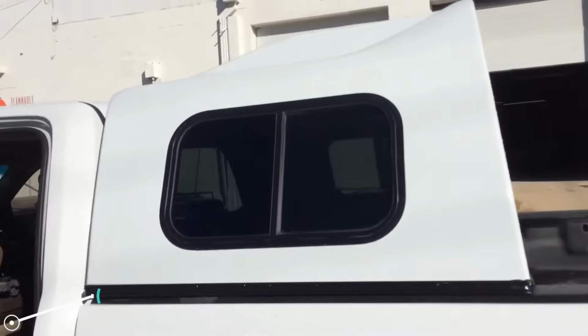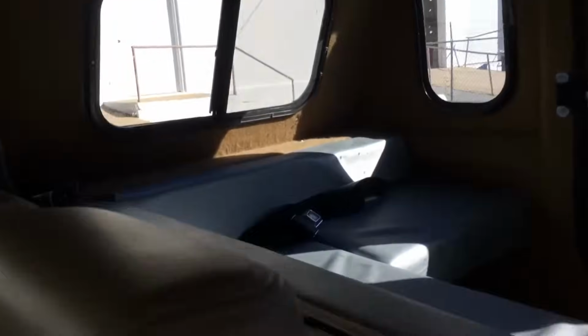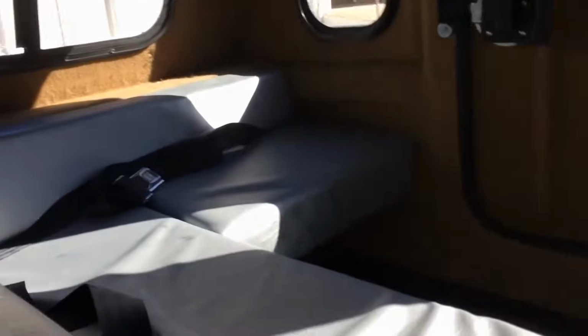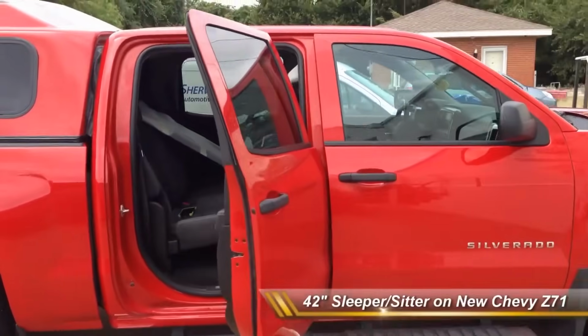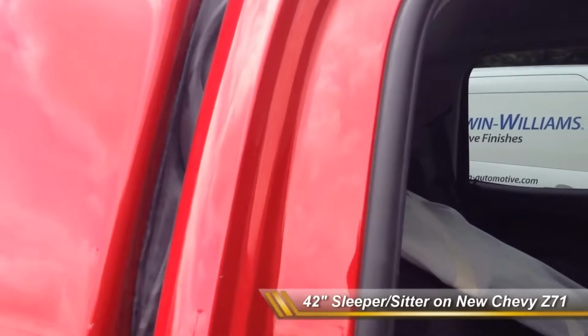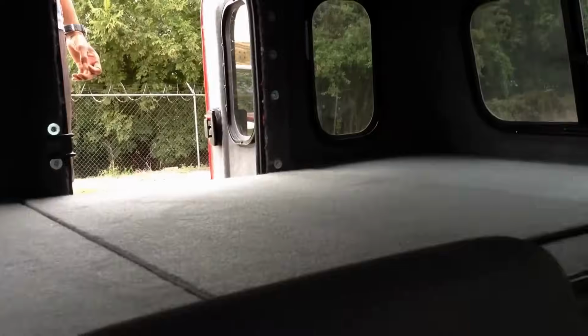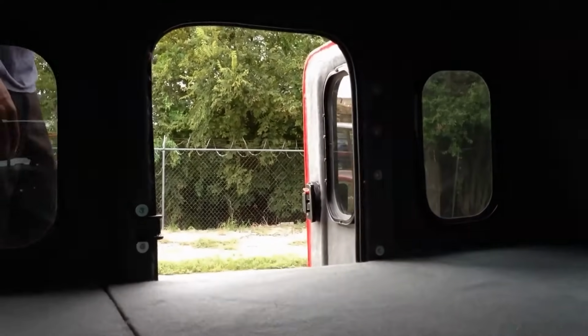Cowtown Sleeper turns a standard pickup truck into a functional space for sleeping or extra seating. It's made to fit different truck models and comes in several versions, each with its own size and shape. The Cab High and Road Runner sleepers both sit 22 to 24 inches above the bed rails and are up to 75 inches wide. The Cab High has a simple box shape, while the Road Runner is angled to reduce